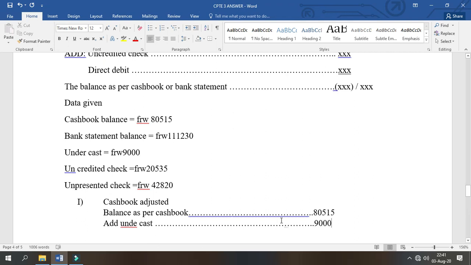So the balance as per cash book adjusted is